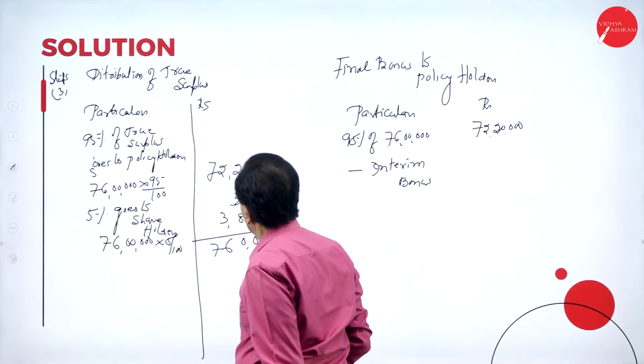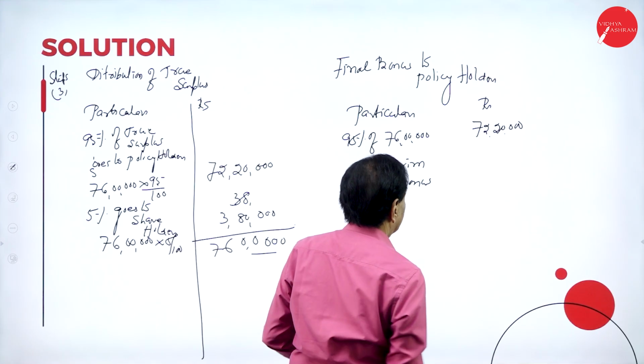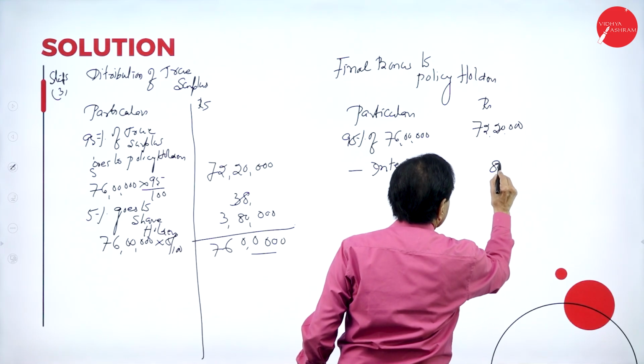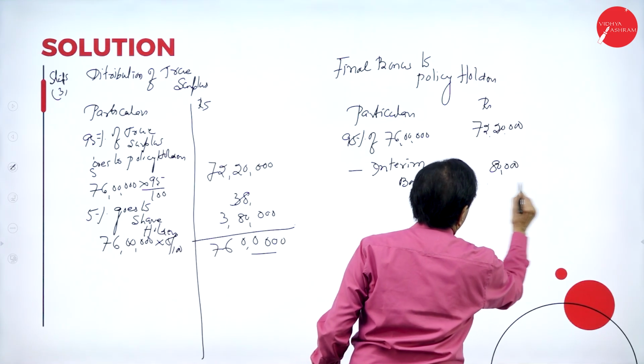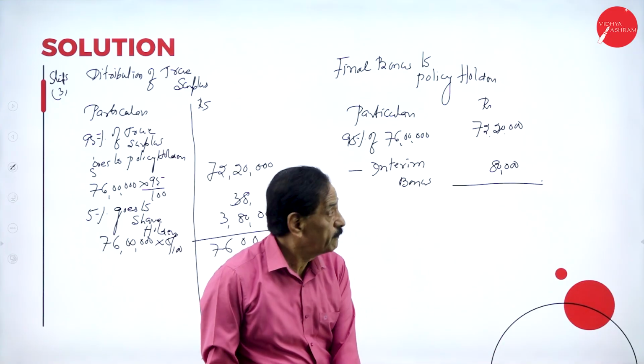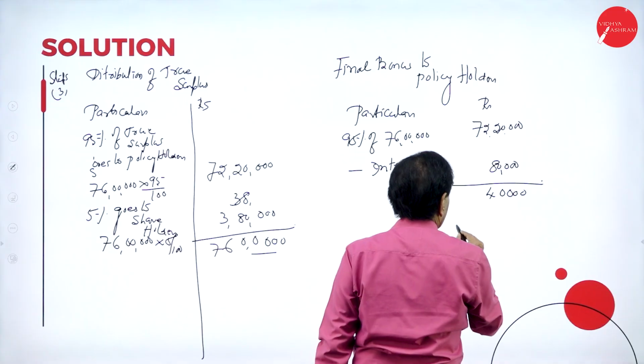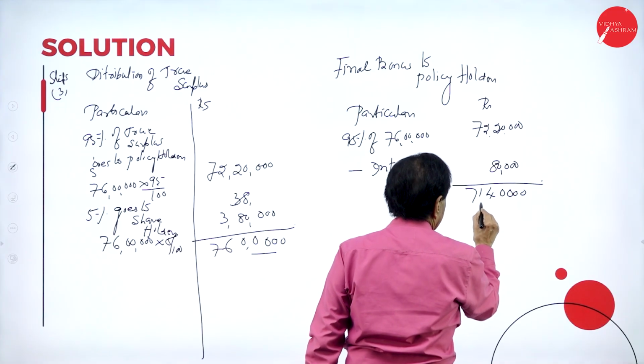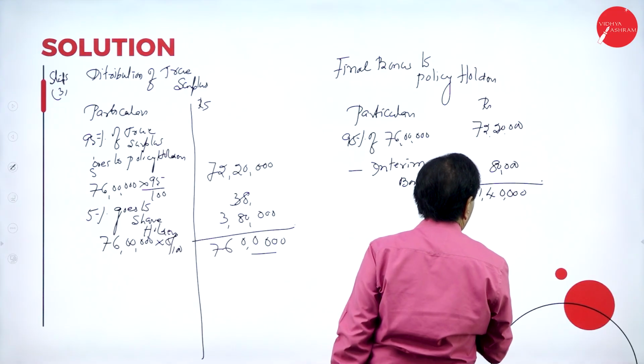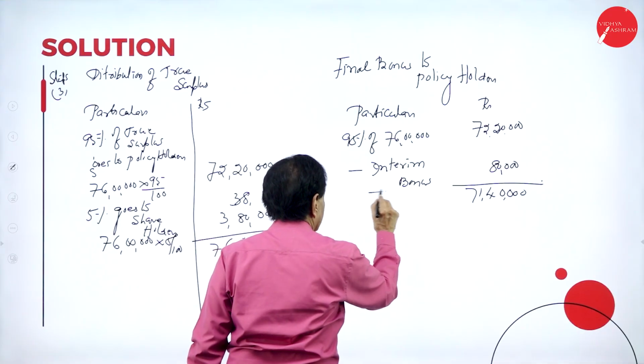What's your interim bonus? 80,000. So deduct. 71 lakh 40,000. Final bonus